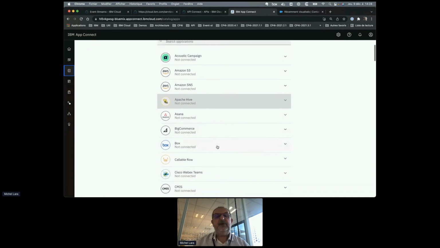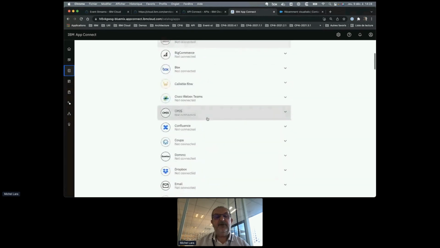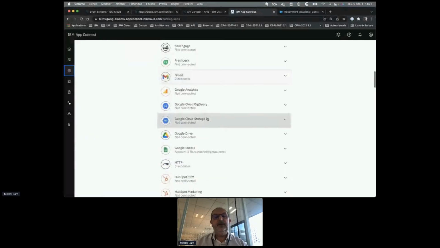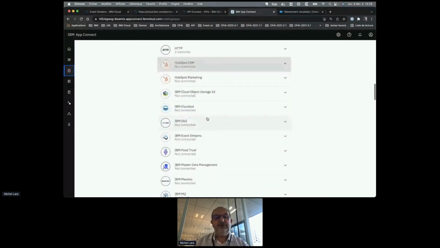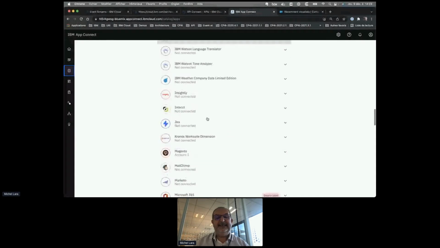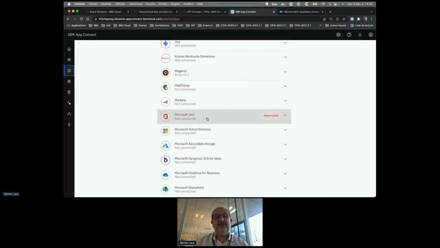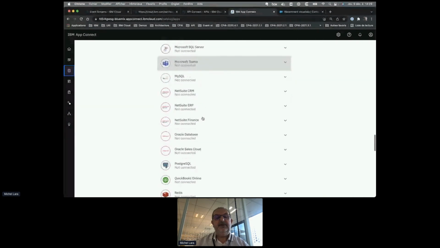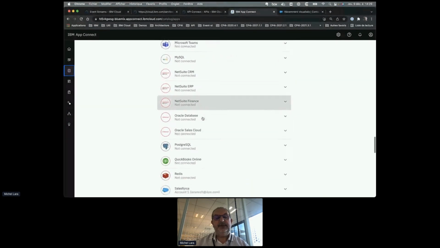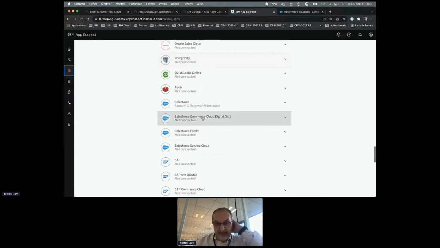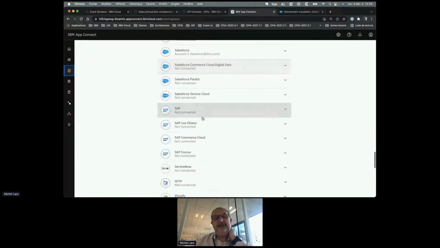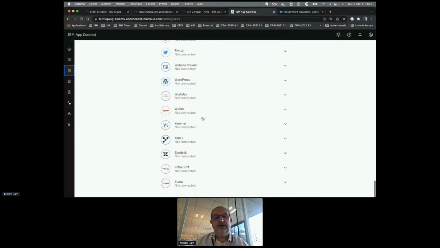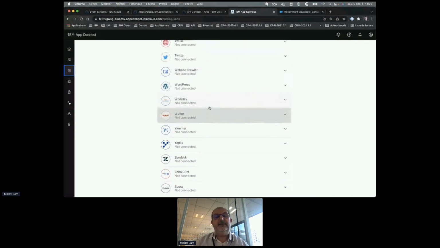We have a catalog for Amazon, Confluence, Google, of course IBM, but also Microsoft, Marketo, Magento, NetSuite, Salesforce, SAP, Sugar. So there are a lot of solutions, Workday, etc.